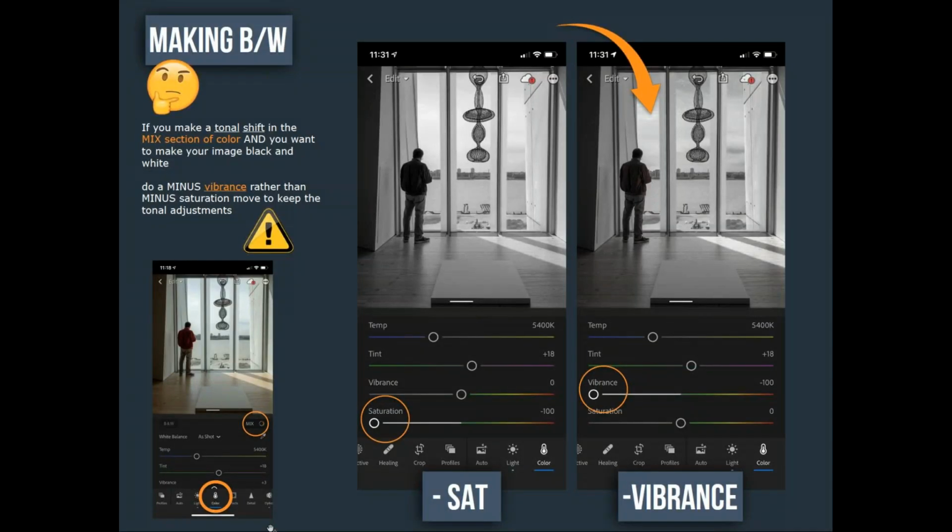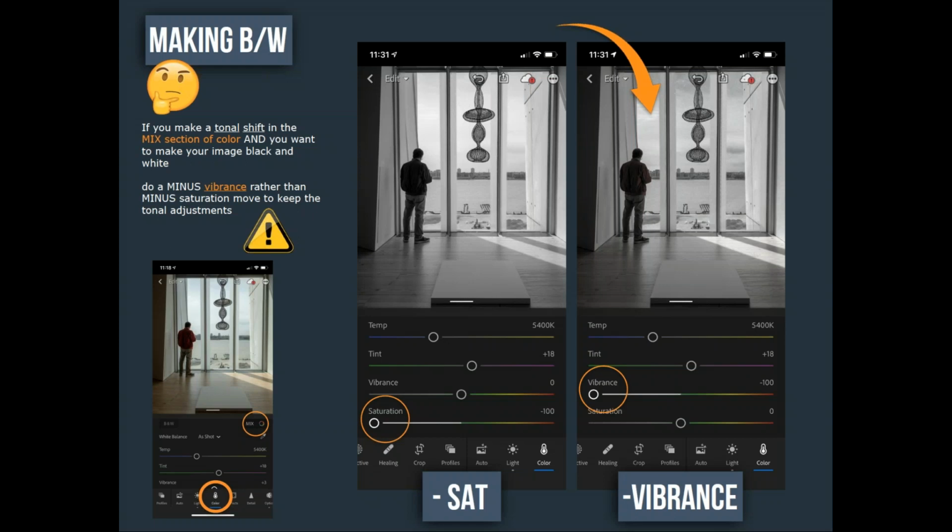So this is a lot. This is just on black and white. Look, I have 8 slides on black and white. It's ridiculous. So there is a little danger, Will Robinson, that I want you guys to think about here. If you do the color mix to do your desaturation of color, you cannot then go to the minus saturation button. So if you look on the left, the panel number 1, if you click on that mix button and do your color adjustment there, when you come to the minus saturation in the main color window, it will take out that density shift you just did, which you don't want. So what you would need to do